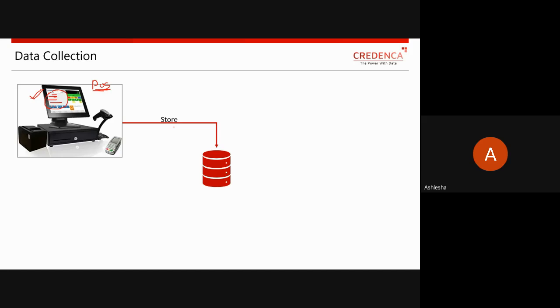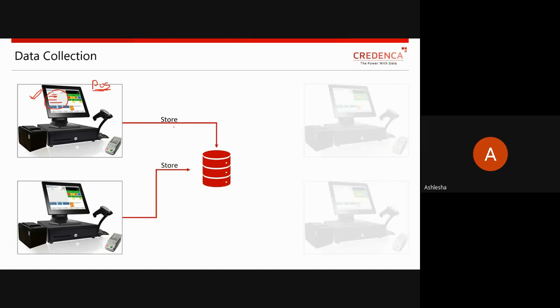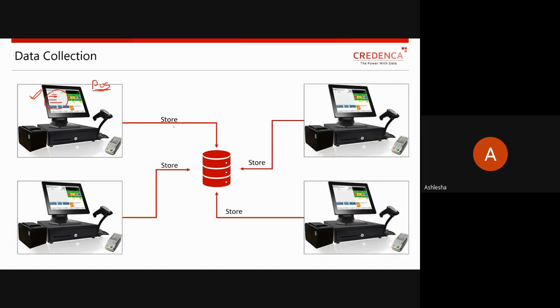Similarly, if your store is large enough, there will be a number of points of sale in the same store. This is the example of point of sale for DMart, from one DMart store. If you consider the number of DMart stores, then there will be a number of points of sale. So probably you can collect all the point of sale details from every DMart store of your city into one database.